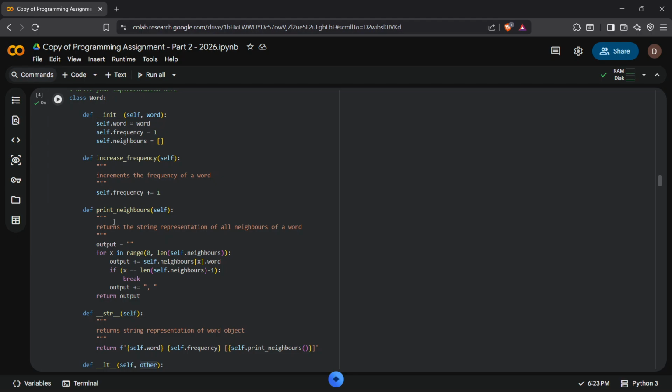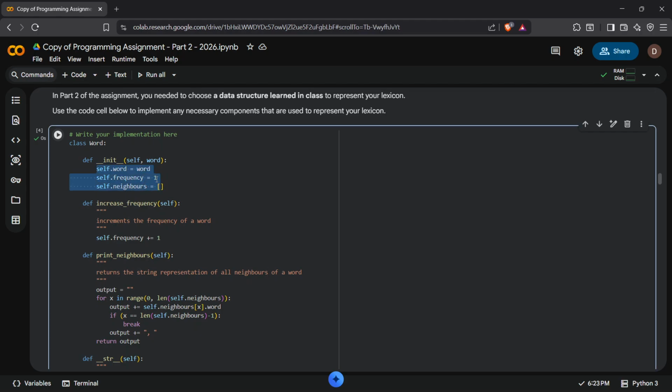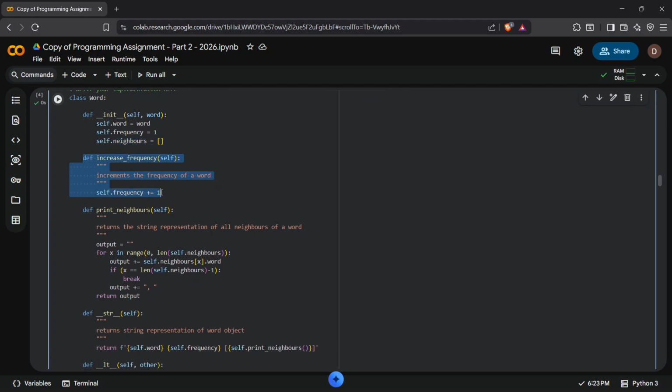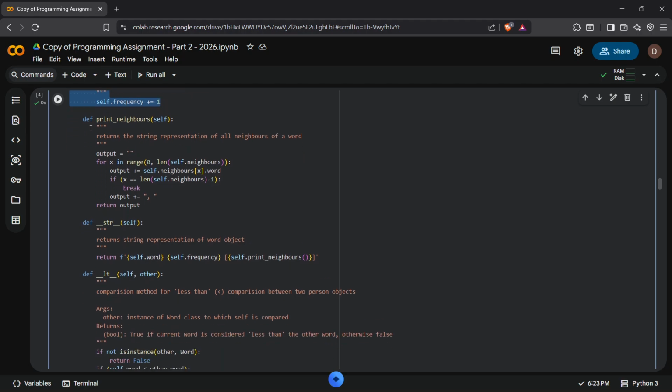Here is the word class. What this represents is it encapsulates the literal word within our dataset into this class while storing some important field data like the frequency and list of neighbors. The increase frequency function basically increases the frequency of the word if it is invoked upon that word. The two string representation functions return the string representation, and